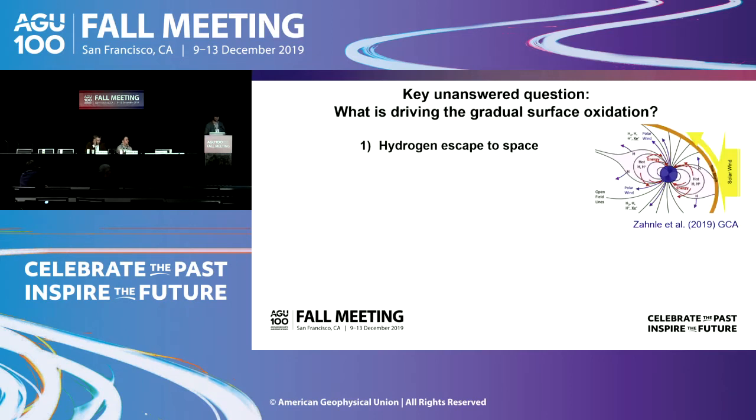There are a number of ideas that are out there. One possibility is you're escaping a lot of hydrogen to space. So if you imagine a water molecule floating up in the atmosphere, you break it up with UV, the hydrogen is lost, the oxygen's left behind. That's a net oxidation of the planet that can have all sorts of downstream effects that can contribute to this gradual oxidation that you need.